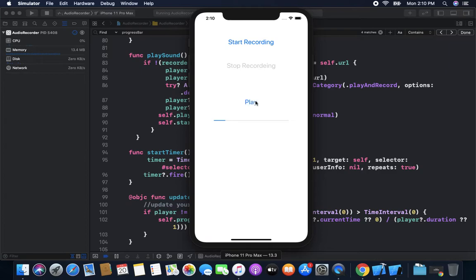To hear the voice, there will be a little voice. Start recording. Now we are done with it.